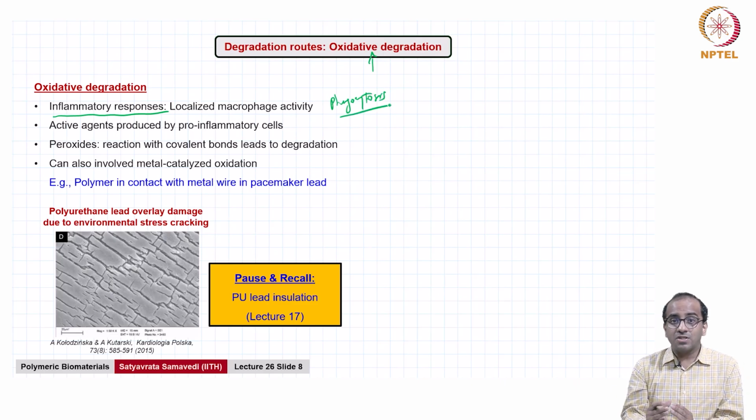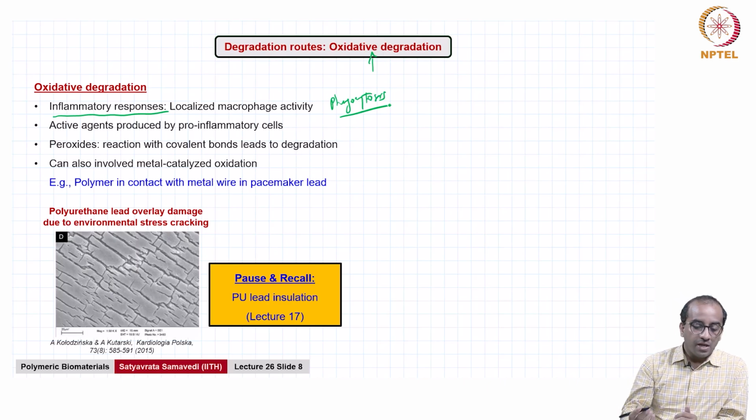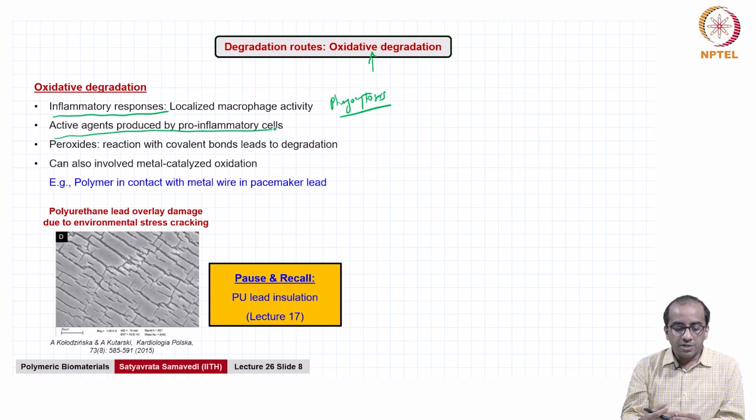phagocytosis is an important biological activity through which macrophages can sort of get rid of debris, right? And where they can't do that, particularly when the debris is very large, for example, then that leads to chronic issues, right? So the body has mechanisms to take care of minor faults, but when there are major design flaws, the body will resort to some nasty mechanisms that will cause a lot of problems for the patient. So any active agents produced by pro-inflammatory cells such as neutrophils, macrophages, enzymes, those can all cause localized degradation,